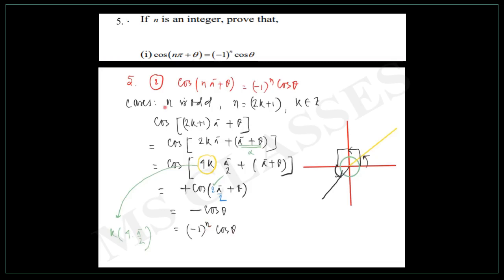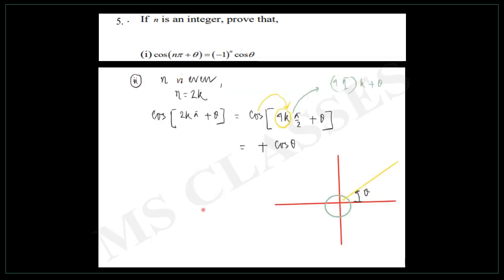Here n was what? So we can write it. Now similarly here what we can write? Here we can write minus 1 to the power of n. That is an even number when it is, now it is cos theta. Now if you take minus 1 to the power of an even number, it will be ultimately what? Positive only. This is basically minus 1 to the power of 2k into cos theta.